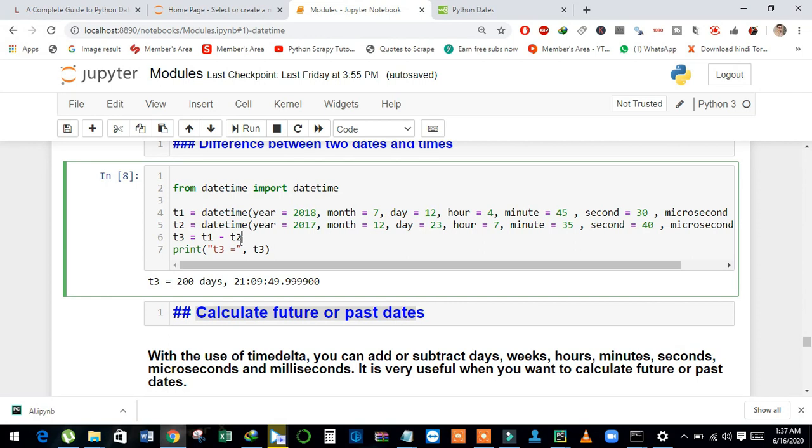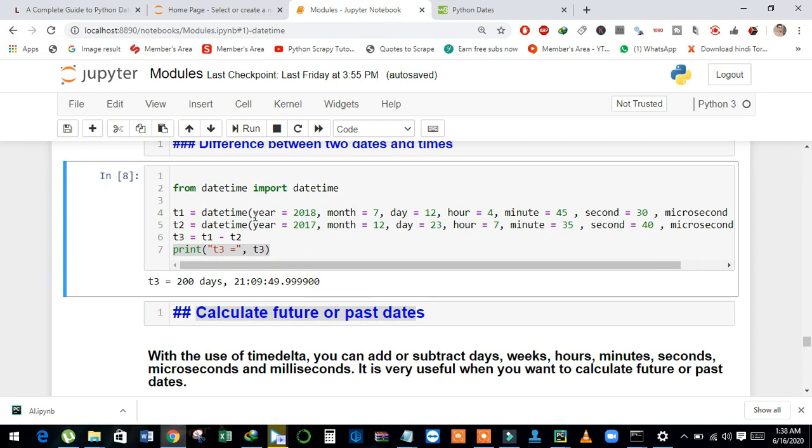We can say that the difference between datetime 1 and datetime 2, and then stored it in t3, and then using print statement I just print out the difference. And see here, it returned 21 hours 09 minutes and 49 seconds and 99900 microsecond.